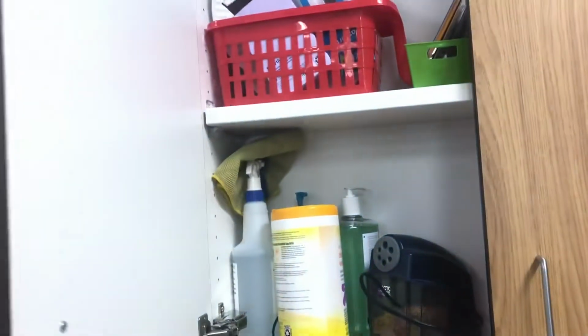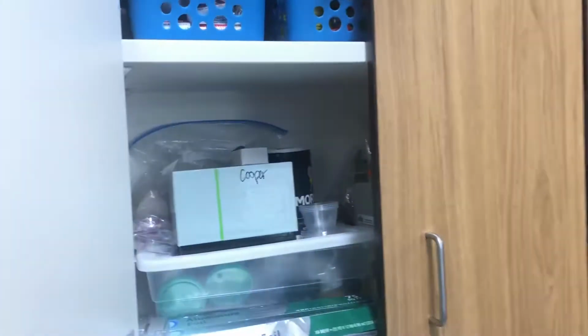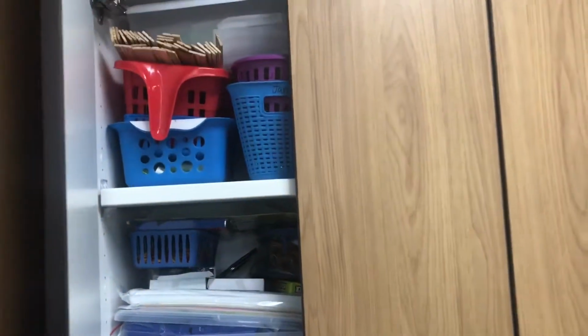Each of these cabinets I try to keep pretty organized. So here I have hand sanitizers and stuff. And then I have art supplies. And then any science materials that I need. And math. Some of these cupboards could be cleaned out a little bit, but you can kind of see what